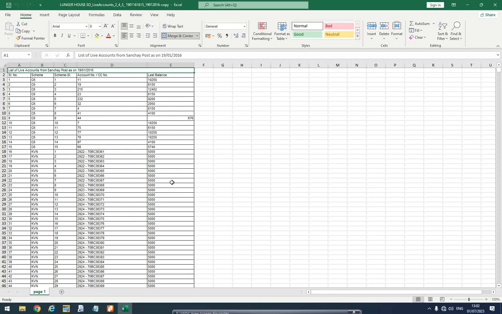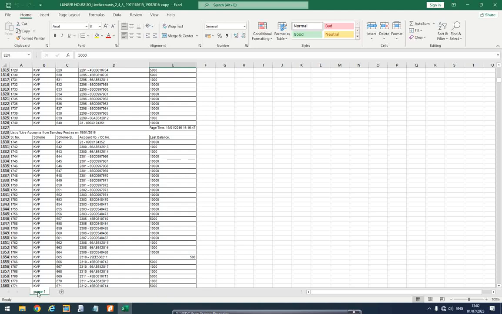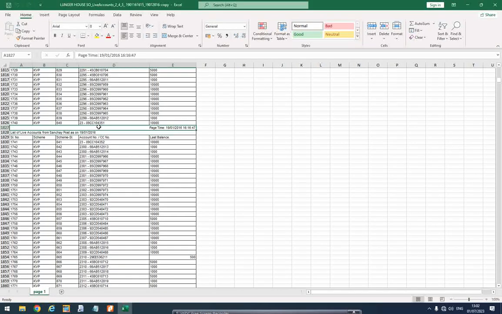We have pages from the PDF that are converted into a single Excel sheet. You can see here only page one, and all the pages are separated by these headers from the PDF. So for now we shall keep this aside. I'm closing it now,